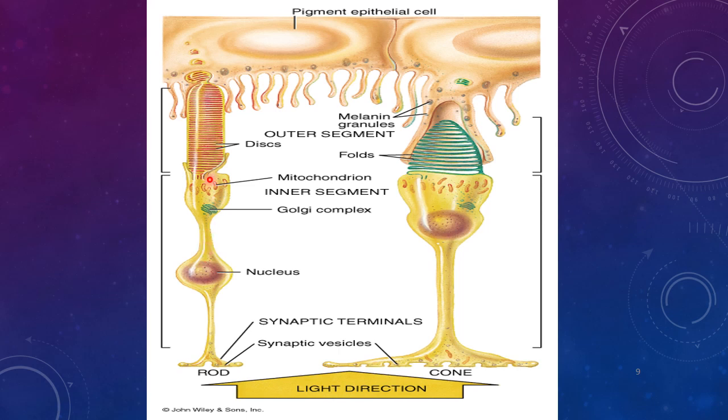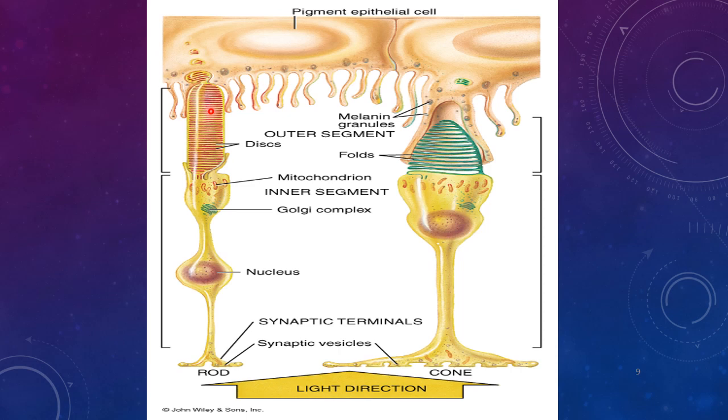So here you can see the photoreceptor cells of the retina, which are the rods and cones. This is an elongated rod-like structure. This is a rod, and here you can appreciate this is a cone-like structure, which is a cone. The rod cells are numerous in the retina. They are 120 million, and these are associated with dim light or very low light levels. So these are very sensitive, and they are important for night vision.